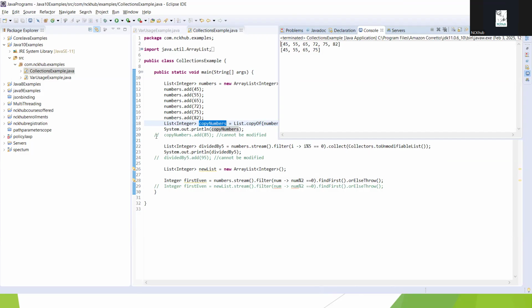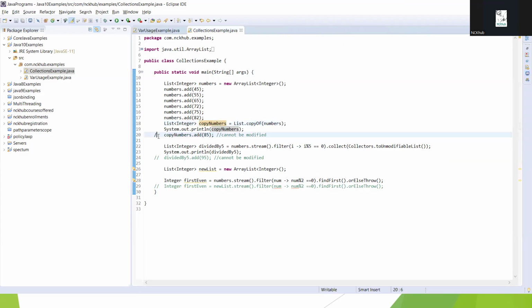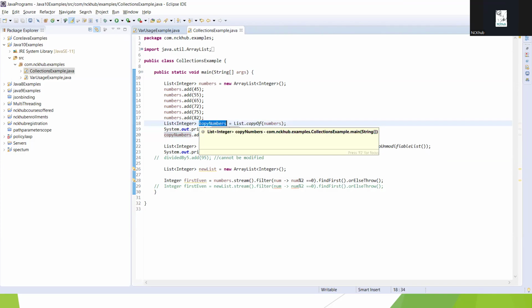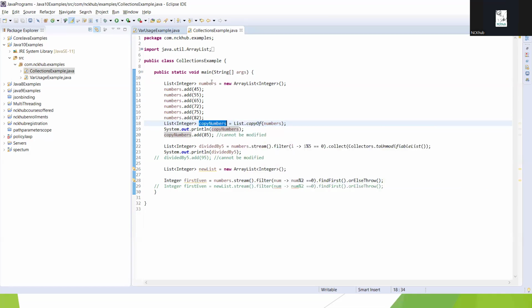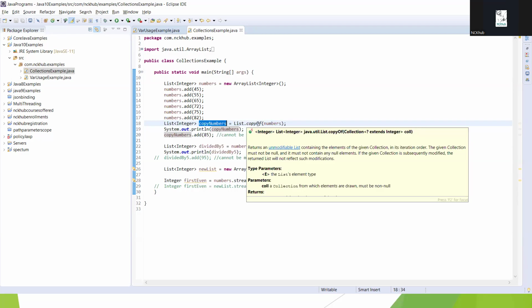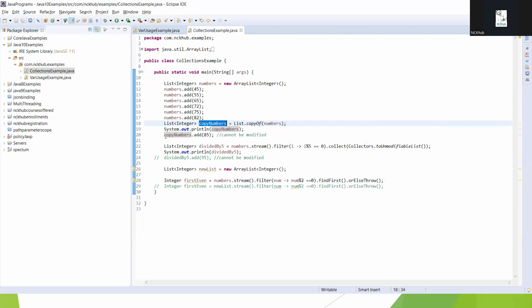Okay, in line number 20, I'll just uncomment this. So what does the code here mean? I'm just trying to add an element to the copy numbers list. So if you observe, this copy numbers is created using the copyOf method by passing the existing list. So as per the Java 10 feature, this is unmodifiable. So now when I'm trying to add a new element to this unmodifiable collection object, I should be getting an error. Let me try to